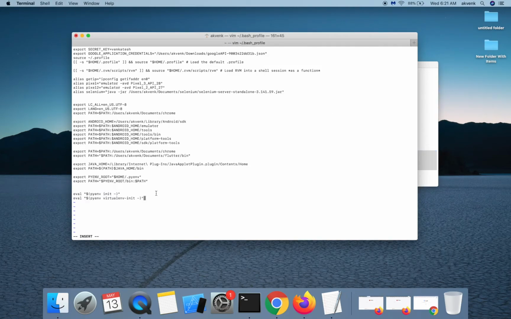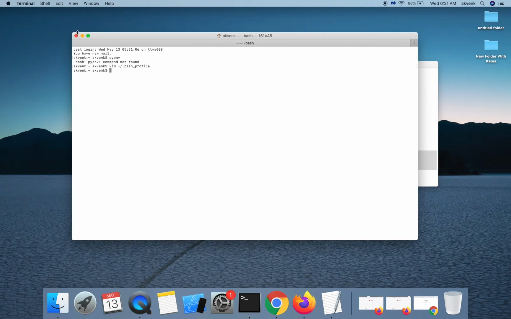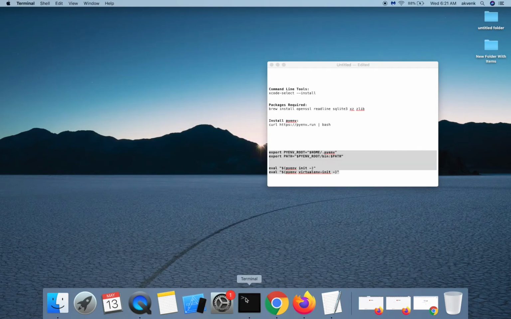Copy paste these two commands. The commands have been shared in the course. Please check them out. Press escape, then type :wq! and press enter. Now restart the terminal one more time.